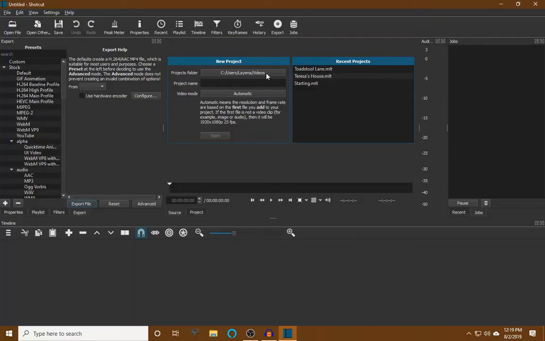All right, so here is Shotcut. Like I said, this is a pretty simple program to use. Basically, if I can figure it out, I'm pretty sure you can figure it out because I kind of struggle with things. So, first things first, what I did when I first started using Shotcut was I made